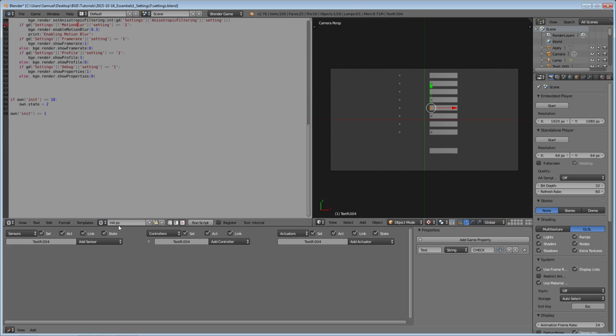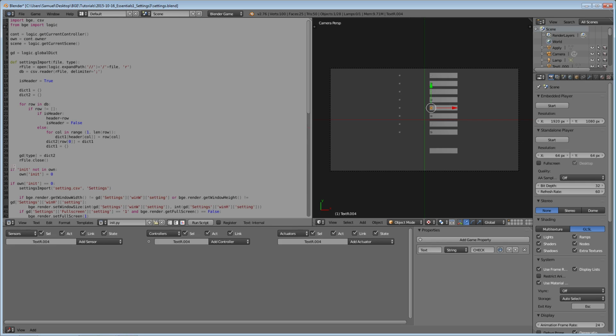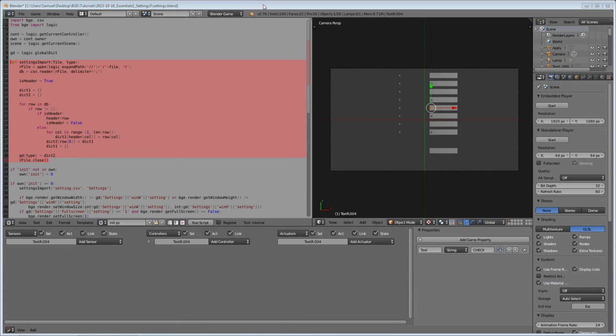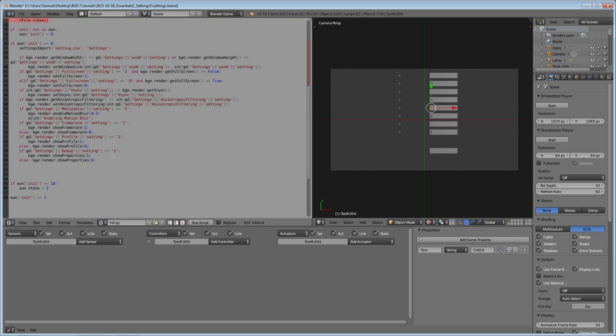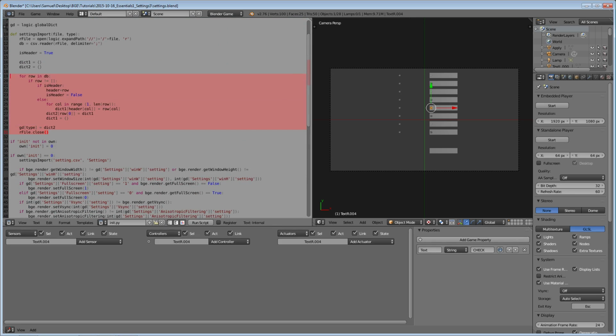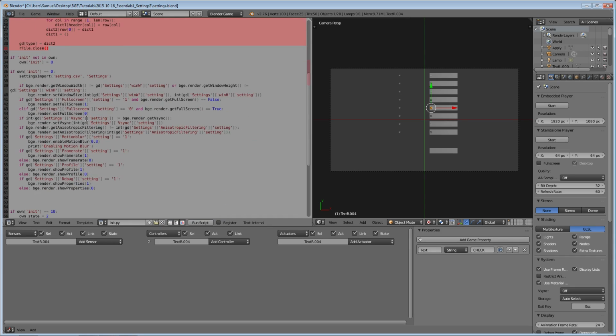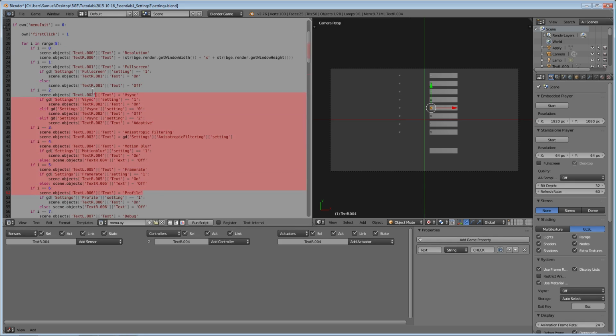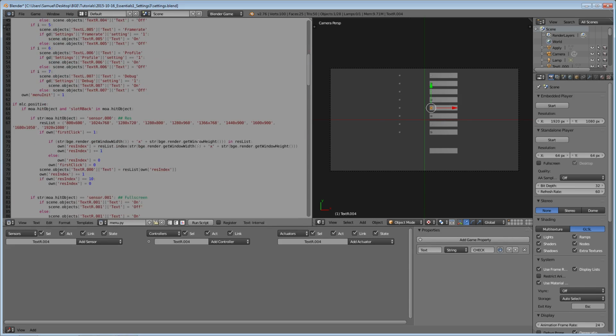Cool, so let's recap what we've done so far. In the very first part, we wrote this nifty piece of script, which read this settings file on our hard drive and loaded it into the Blender game engine. Once it was loaded, this then formatted it into the global dictionary so that we could read it. Then we applied these settings from the settings file on the hard drive to the game as it started. In part 2, we then displayed this data onto our little buttons here, our text objects, and